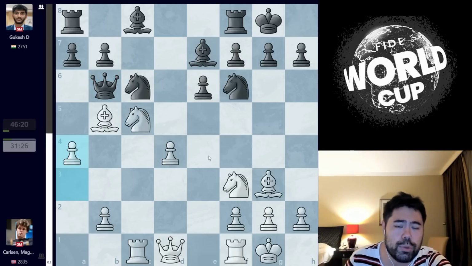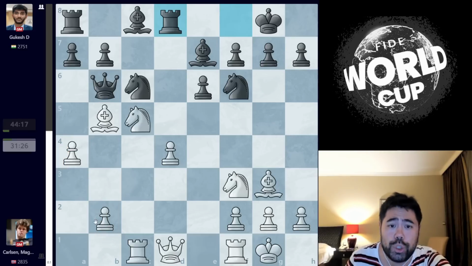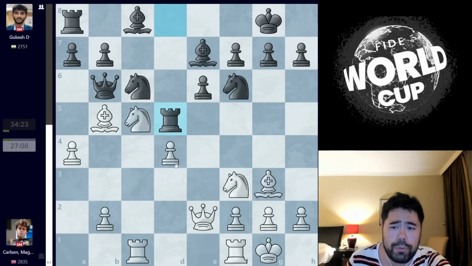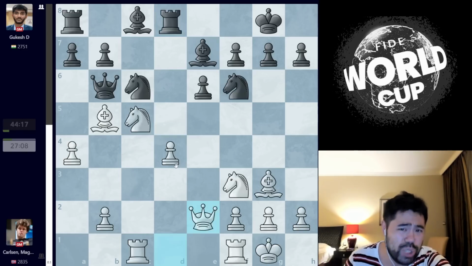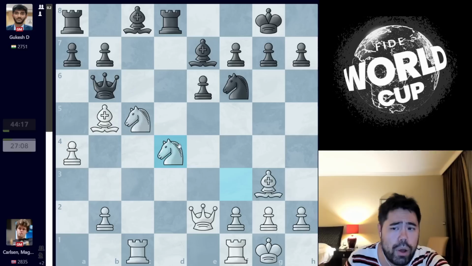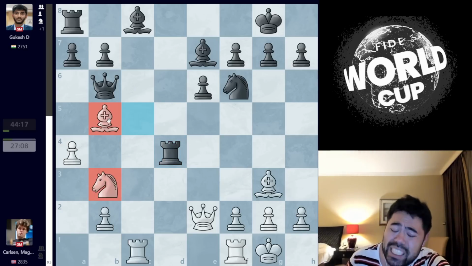So Magnus plays this move a4 instead, supporting the bishop and not letting black capture the pawn. Gukesh plays rook d8, an excellent move, trying to pressure the pawn on d4 here, and now Magnus goes queen to e2. Here, Gukesh uses a bit of time before playing rook d5, which is another move that I really, really like. Knight takes d4 is maybe possible, trying to grab a pawn here, but after knight takes knight, rook takes knight, and this move knight to b3, black has to be very careful.